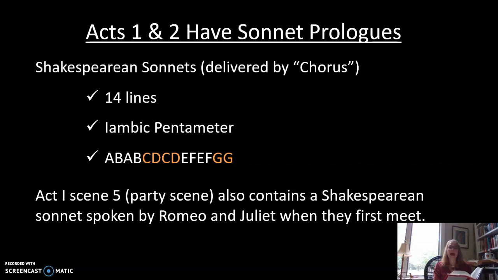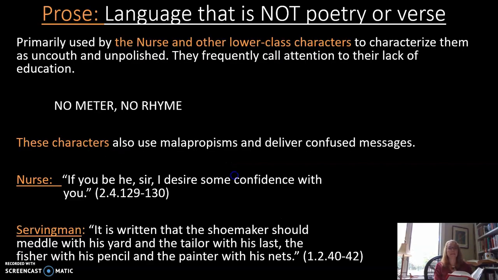That's the impact or the idea behind having a sonnet there in the play. If you look for it, you'll find it there in Act 1, Scene 5, the famous party scene. But Shakespeare sometimes uses prose in the play, which is the opposite of poetry. It is not poetry or verse. Primarily, it is used by the nurse and other lower class characters, servants, to characterize them as uncouth and unpolished,